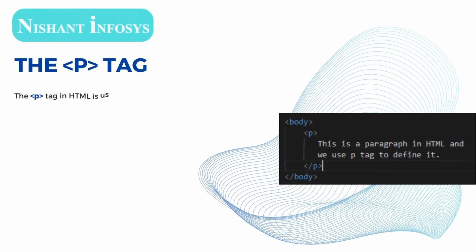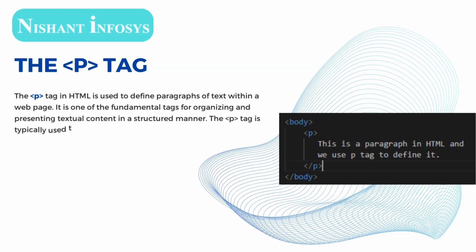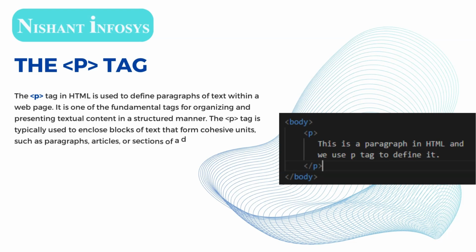The P tag in HTML is used to define paragraphs of text within a web page. It is one of the fundamental tags for organizing and presenting textual content in a structured manner. The P tag is typically used to enclose blocks of text that form cohesive units, such as paragraphs, articles, or